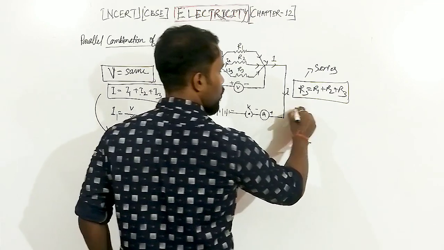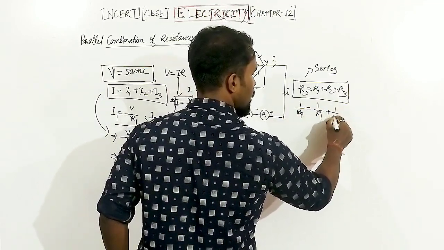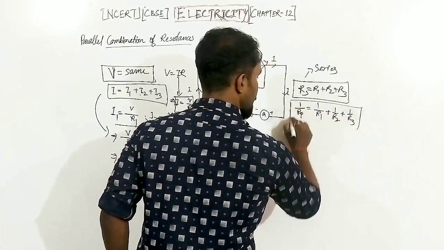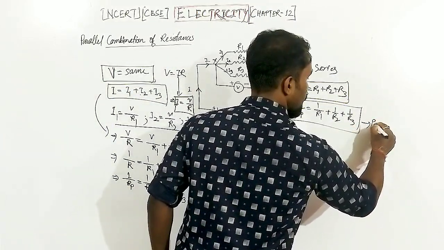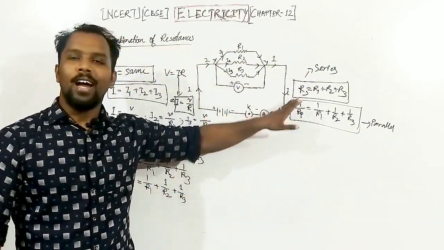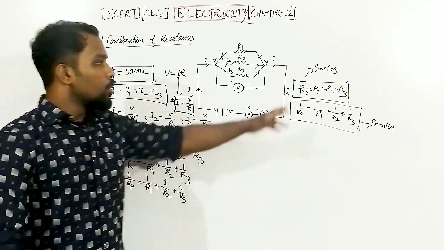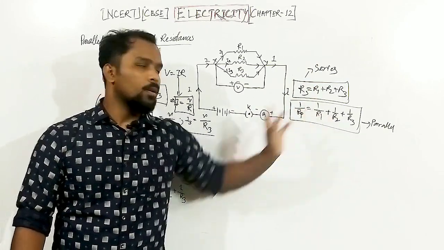What in case of parallel? 1 by RP is equal to 1 by R1 plus 1 by R2 plus 1 by R3. That is from the parallel combination. I will just write it down. Parallel. From the parallel combination, what can you write? 1 by RP is equal to 1 by R1 plus 1 by R2 plus 1 by R3. Simple, right? So from these two equations, from the series connection and from the parallel combination,